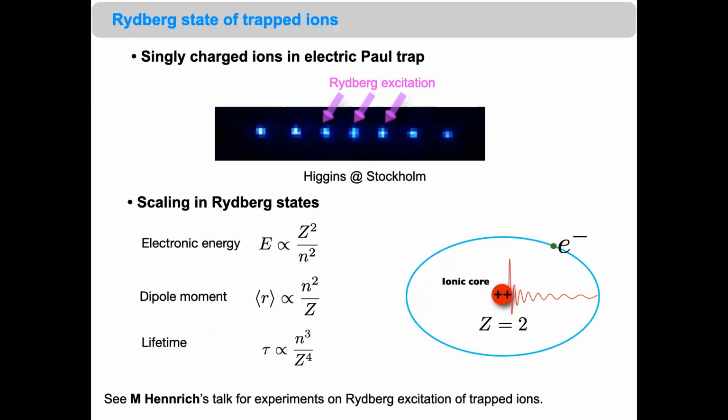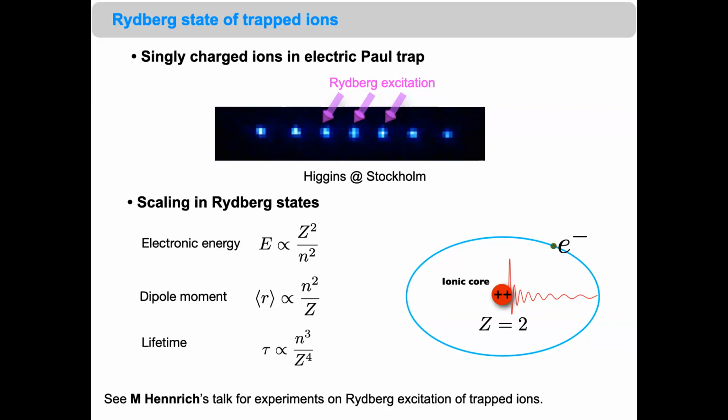You can use laser excitation, very similar to Rydberg atom excitation, for example two-photon excitation, to bring them to the Rydberg state. In the Rydberg state, the properties are very similar to neutral atoms. However, because here we have a singly charged ion,